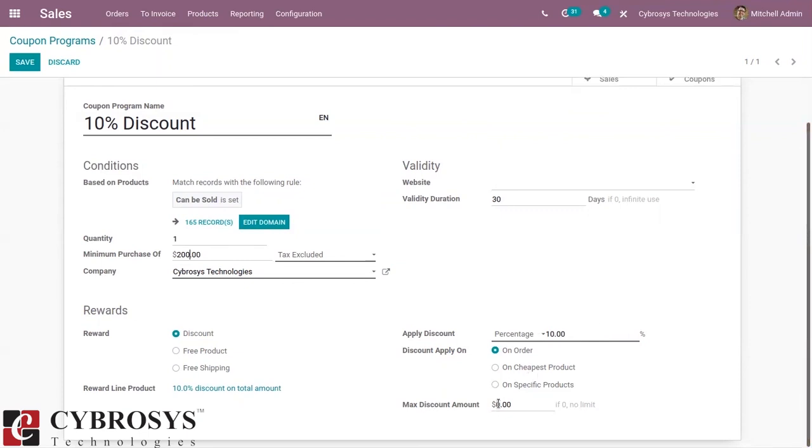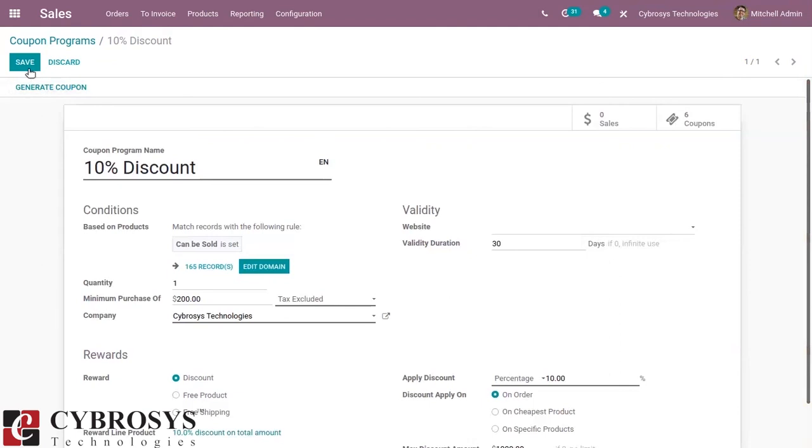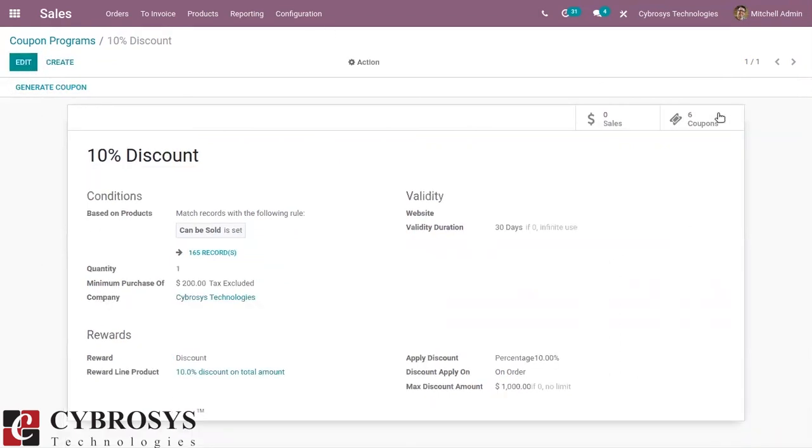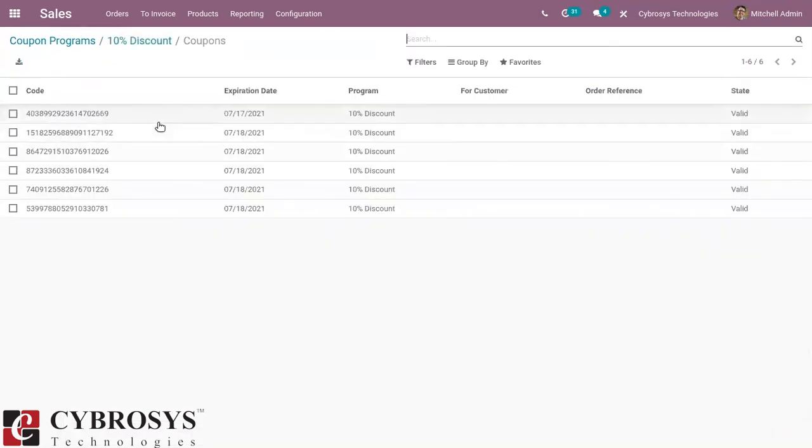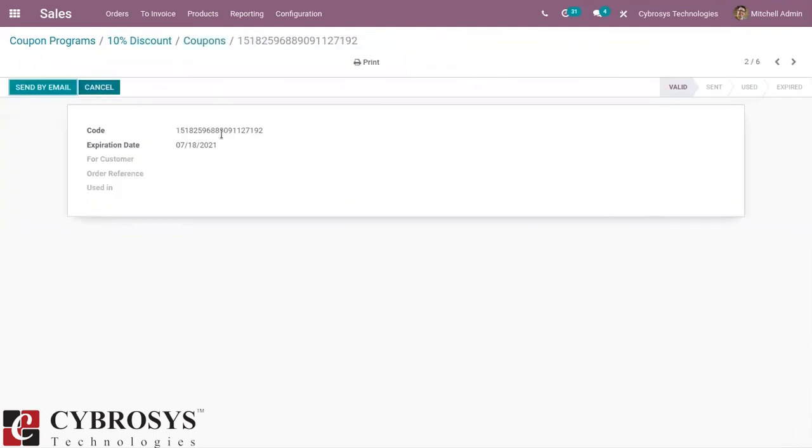Okay, and we can also set a maximum discount amount. Okay, 1000. Now we can save this. Okay, so here we have a coupon. Let's copy this. Now let's create a sale order.